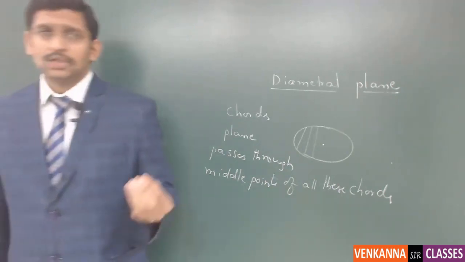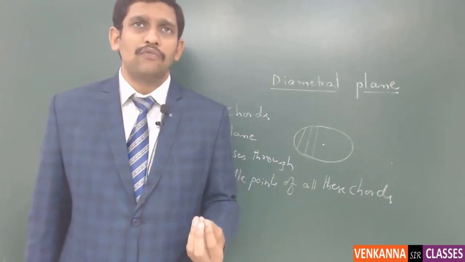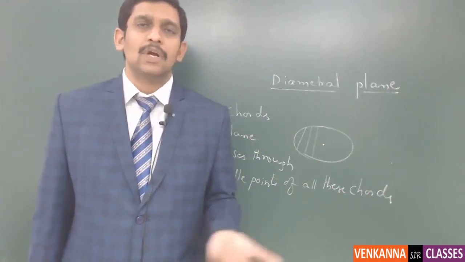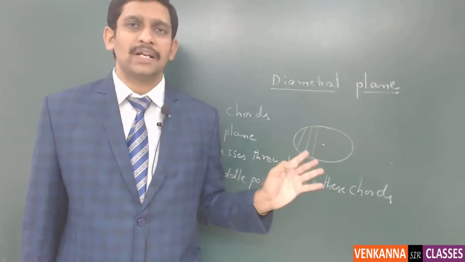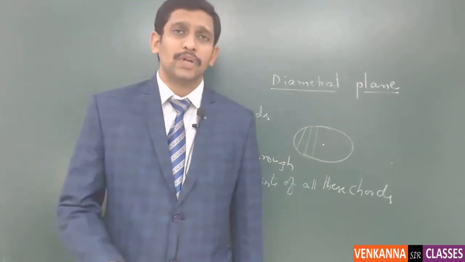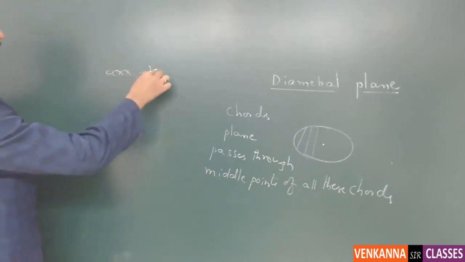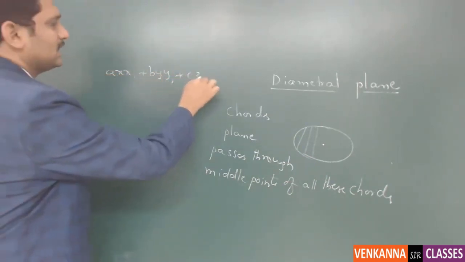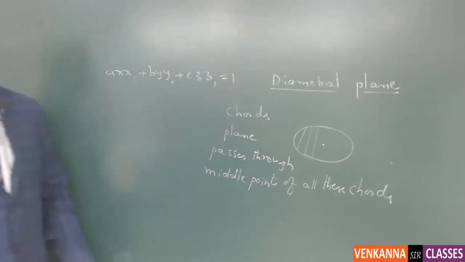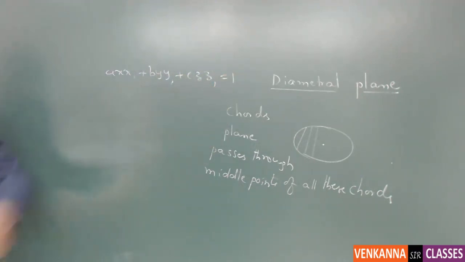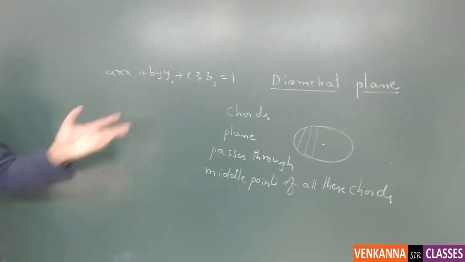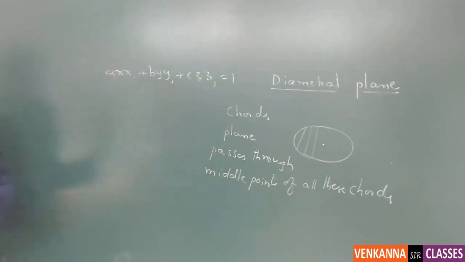And in general, we use the formula of tangent plane for the calculation of diameter plane itself. So if you take the conicoid, what is the formula we use? Axx1 plus Byy1 plus Czz1 is equal to 1. This is the equation of the tangent plane we consider, isn't it? So here also the same formula we use to calculate the diameter plane. One interesting thing is,